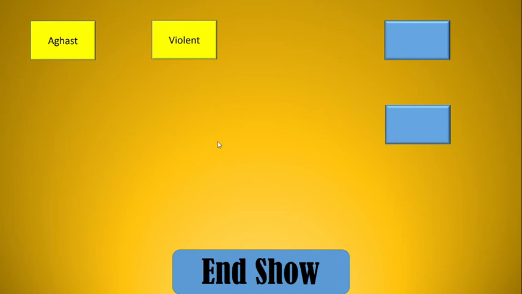So if you are using this game for maybe undergraduates, you can increase the difficulty level of these words, or if you're using it for 4th grade, you can reduce the difficulty of these words, and accordingly the game can be played. So after the game is over, then you can click on end show.